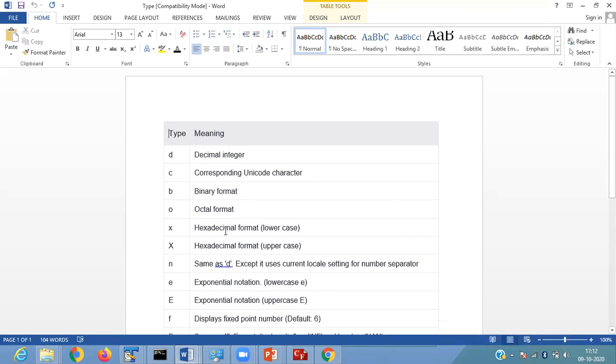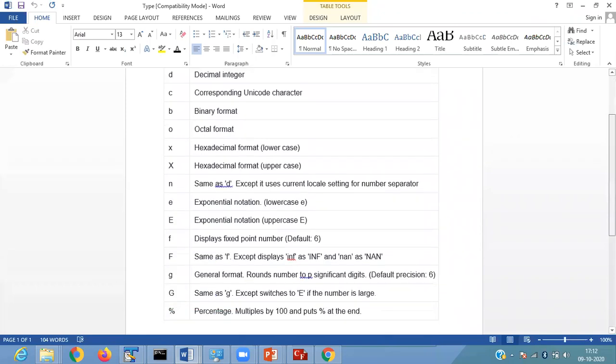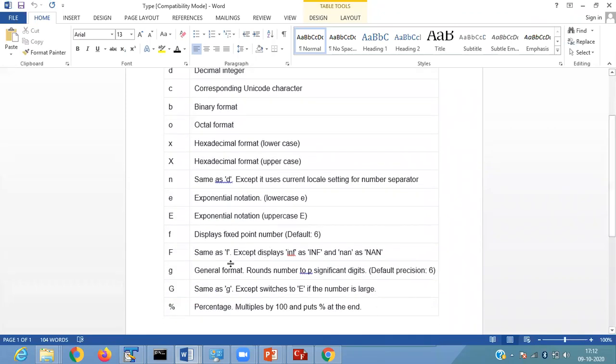Then here we are using x for hexadecimal in lowercase, X for hexadecimal in uppercase, e for exponential in lowercase, E for exponential in uppercase. Then it shows you fixed point number, same as explicit display, none, and general format that we are using.